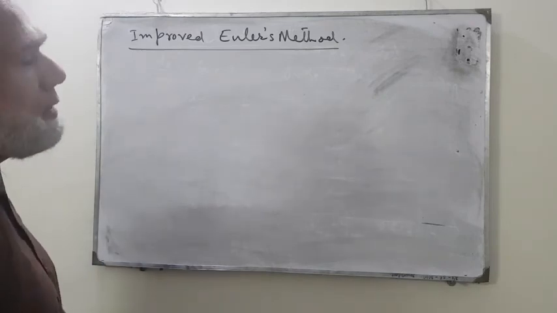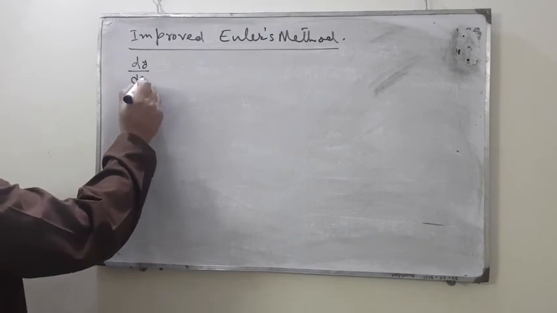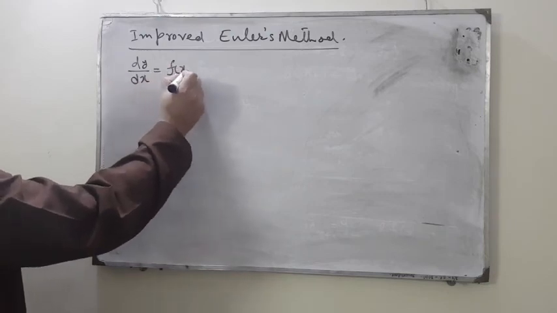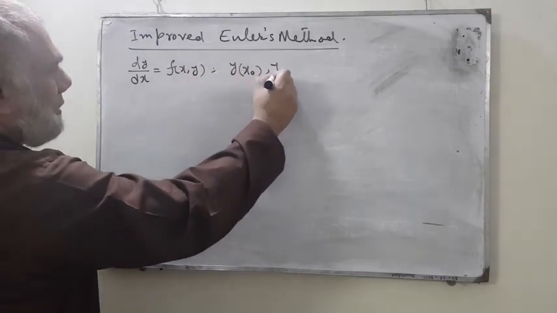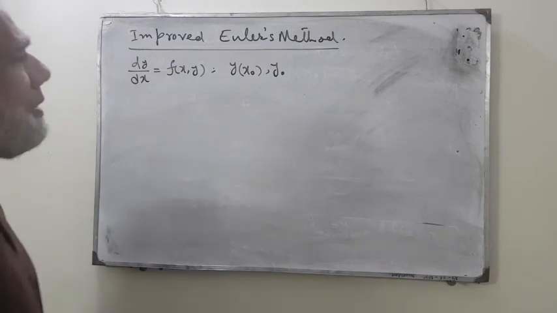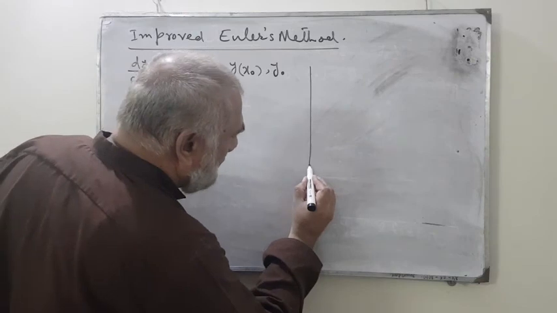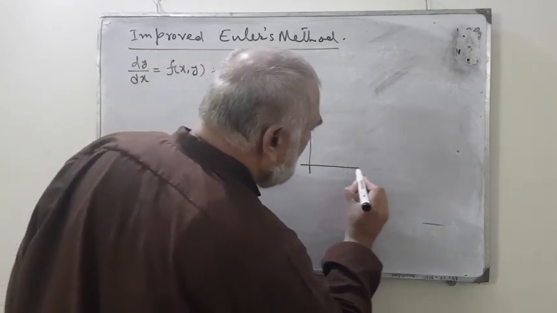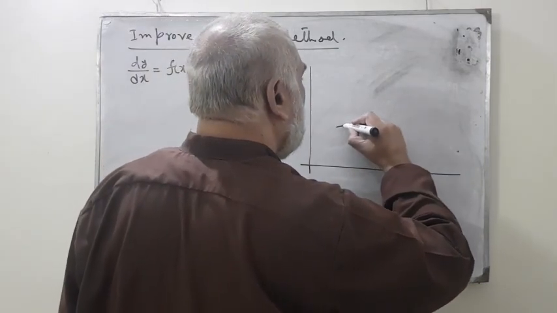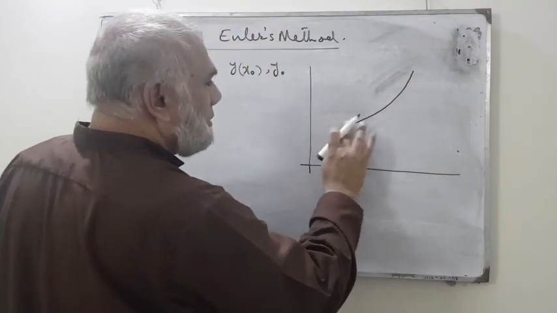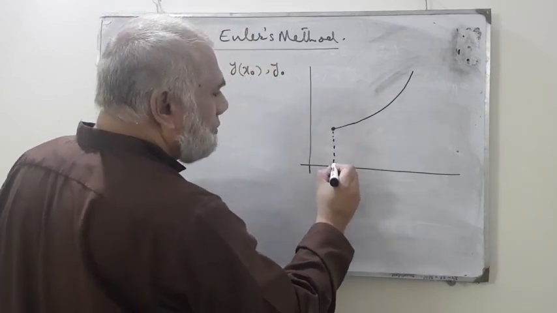Now to understand the theory of this particular method, we are again given the same problem, dy over dx, and the initial conditions are x0 and y0. Now once again we draw a similar kind of graph, and suppose this is the same curve which we have just drawn, and the first point corresponding to x0